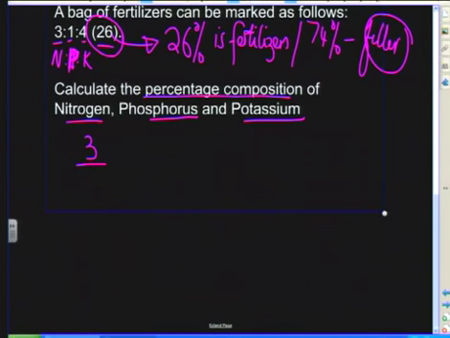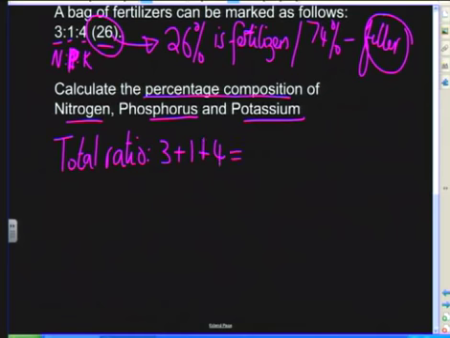What is our total ratio? Total ratio is your total ratio. So you can work it out first if you like. Total ratio, you add them together. 3 plus 1 plus 4 equals 8. Okay? So you would say for nitrogen, percentage composition will be equal to, it's 3 for nitrogen, so 3